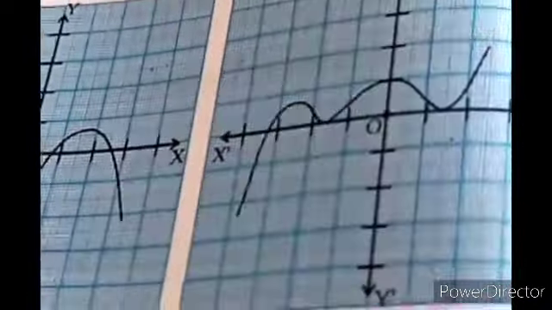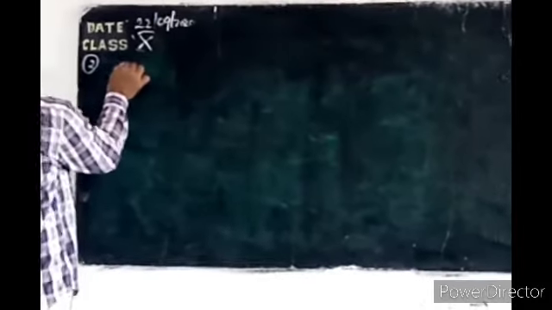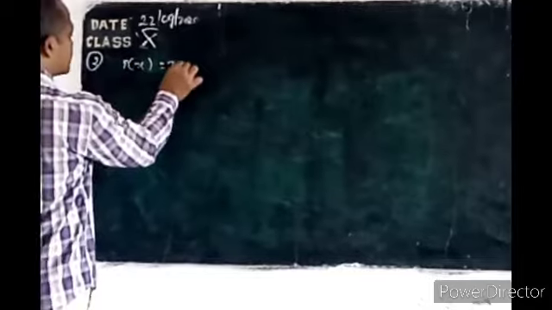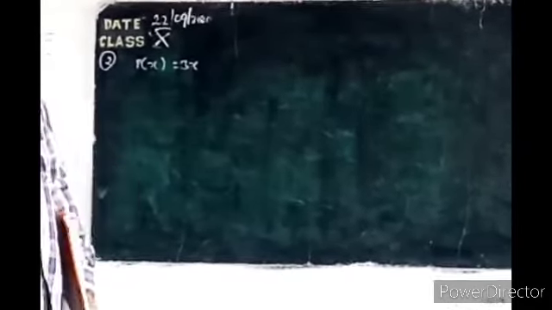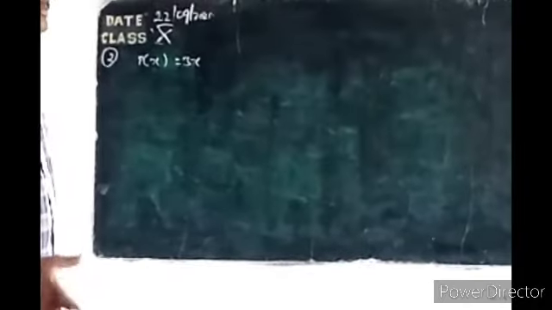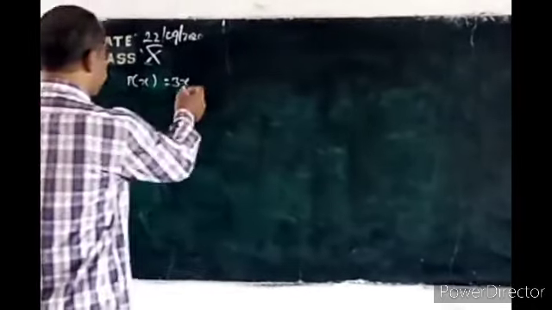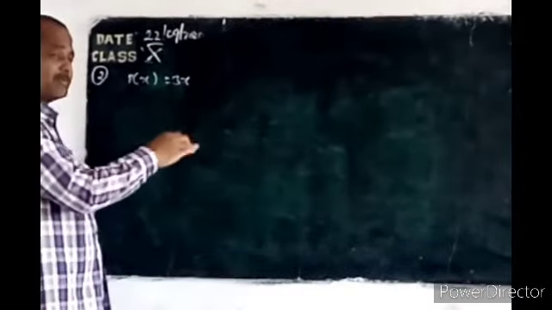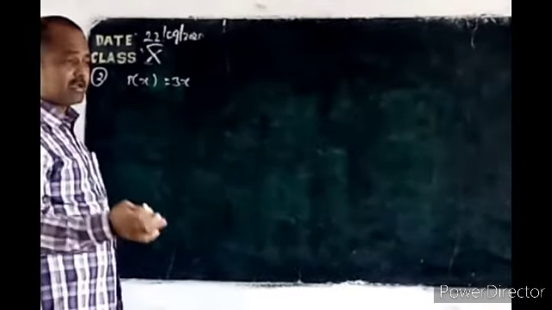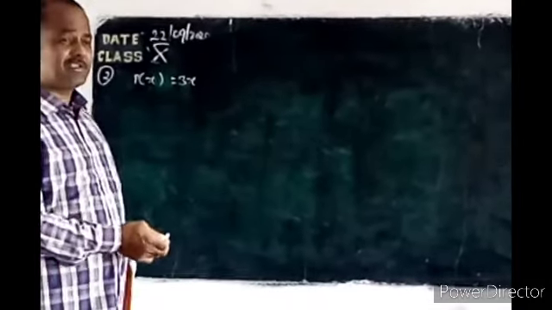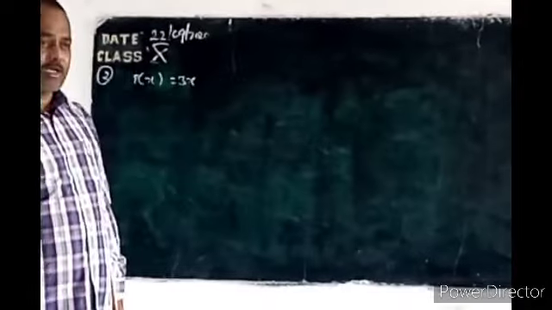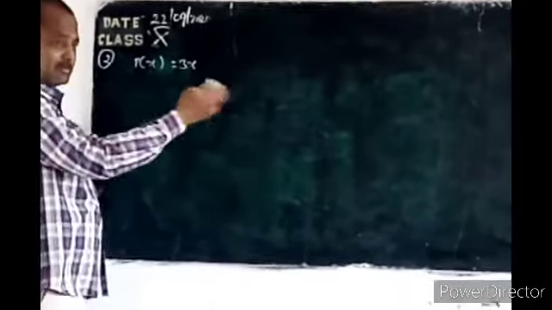Next, it doesn't mention using the graph. Find the zeros of p of x equals 3x. We have to find by which value, when substituted, it gets 0. We don't know. From 0 onwards, 1 onwards, we are getting only positive numbers. If you take a negative number, then negative. Positive into negative is negative. Positive into positive is positive only. So here 3 into x.